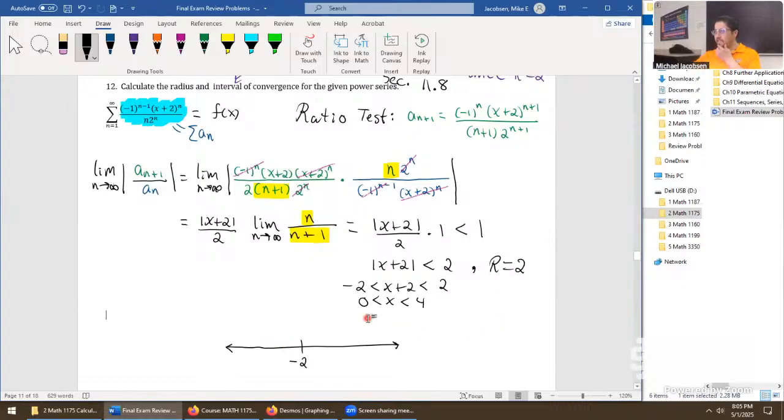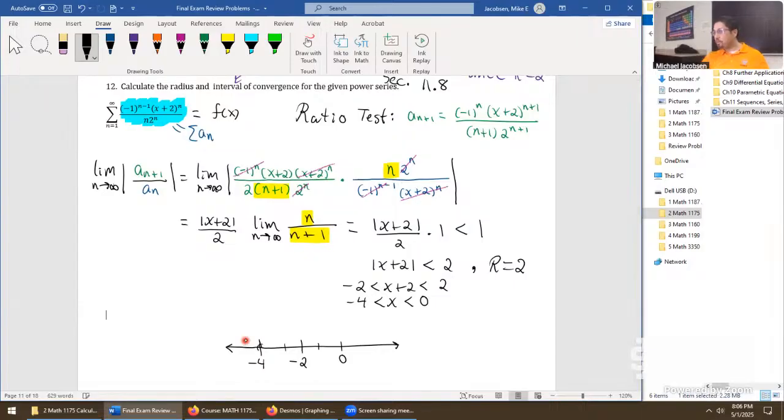Yeah, that's looking weird to me. Yeah, subtract 2, thanks for that one. So subtract 2 from both sides to get the right result. We'll get -4 less than x less than 0. Thanks for spotting that weird subtraction. So that looks a little bit better. Or you could have just said, if the radius is 2, go 2 units to the right to 0, and 2 units to the left to -4. So here's our -4 to 0, either way we see it.